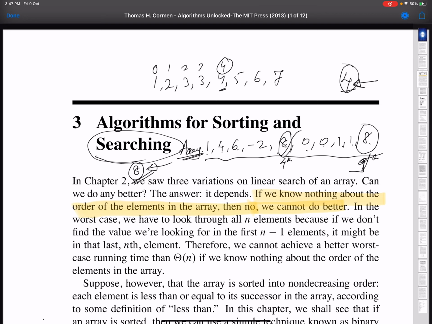Now suppose we are interested in finding the value 3. The value is located in two locations, index 2 and index 3.